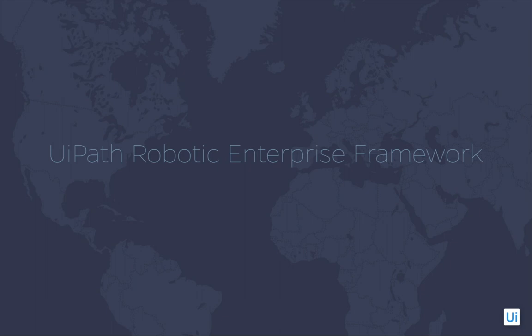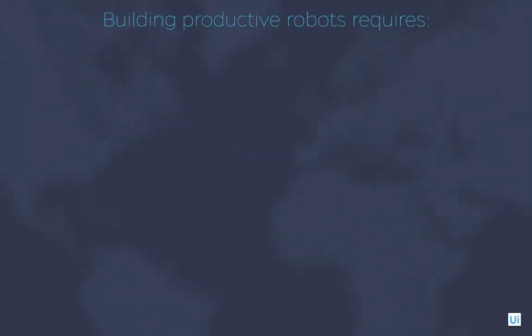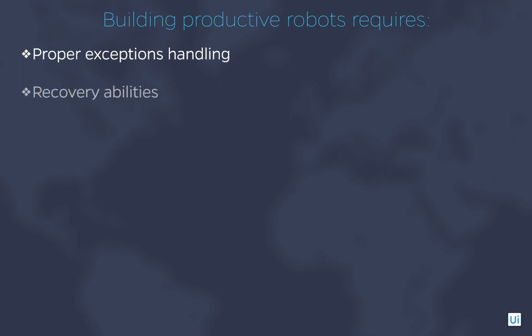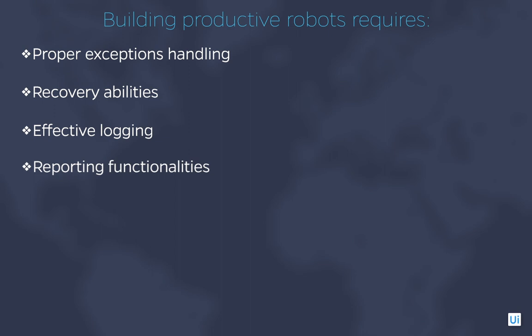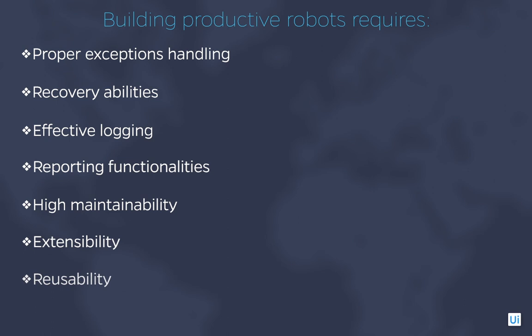In RPA, we almost never see 100% automation. There are always exceptions. Therefore, we have to design robots that can deal with every possible situation. They need to have proper exception handling and recovery abilities, as well as effective logging and reporting functionality. Moreover, high maintainability and extensibility, reusability, and ease of development are only some of the qualities that productive robots should